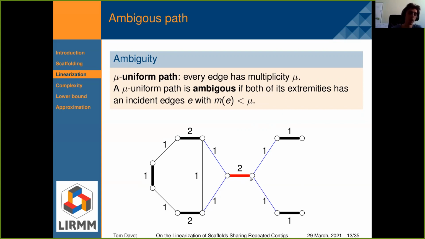So for example, this edge in red is an ambiguous path because its multiplicity is equal to 2. And here I have a non-matching edge with a multiplicity equal to 1. And here I have also a non-matching edge with a multiplicity equal to 1. So that's why it is an ambiguous path.